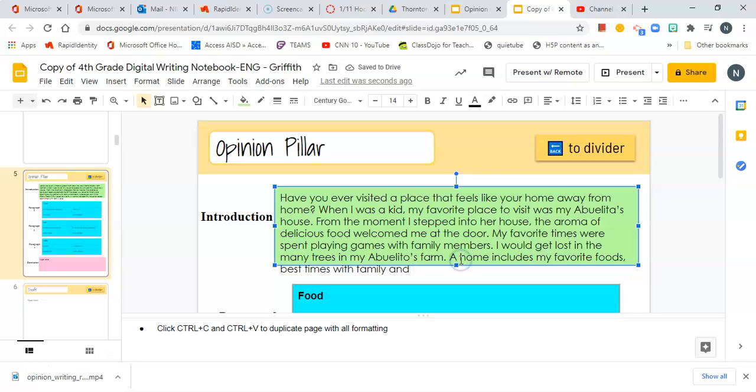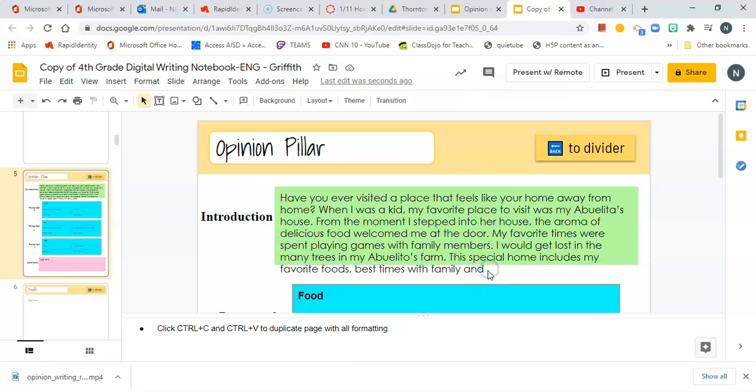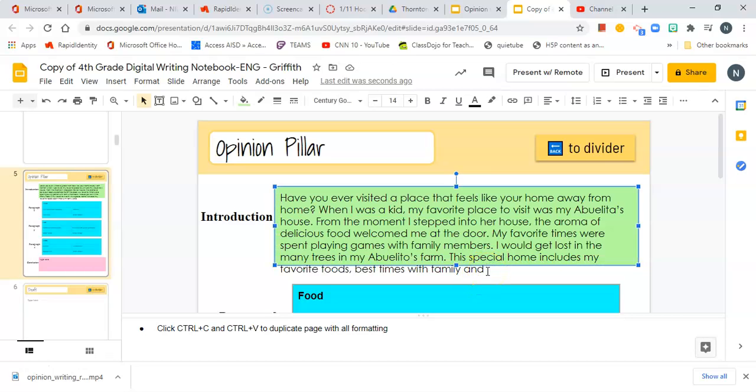Instead of saying a home, I'm going to put this special home includes my favorite foods, best times with family, and going to the farm.